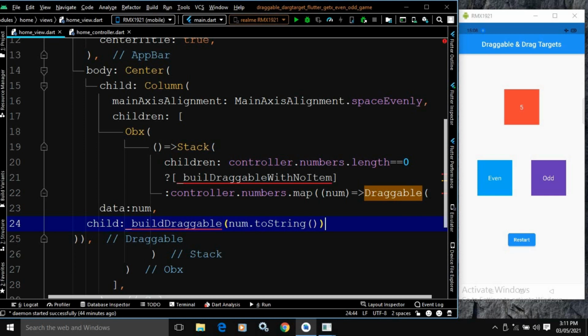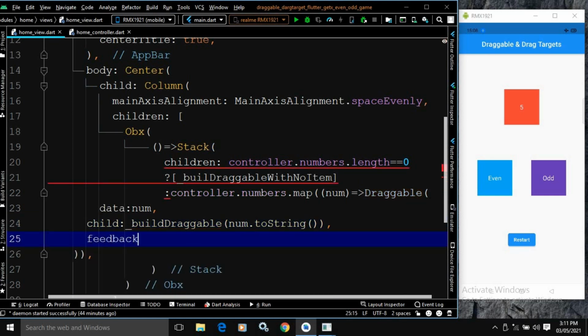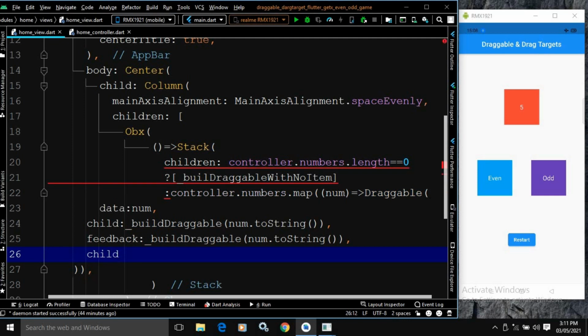After that it has another property which is called feedback. All these properties I have discussed in my previous video. In the feedback property again I will call this, and here I will use childWhenDragging.